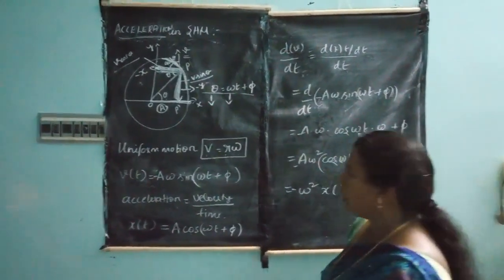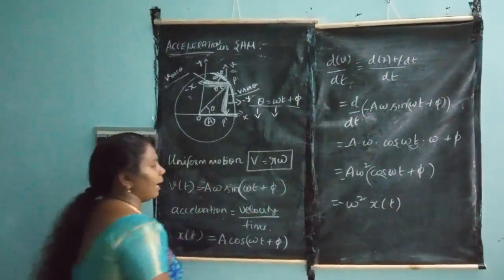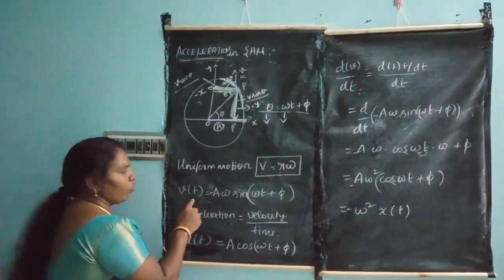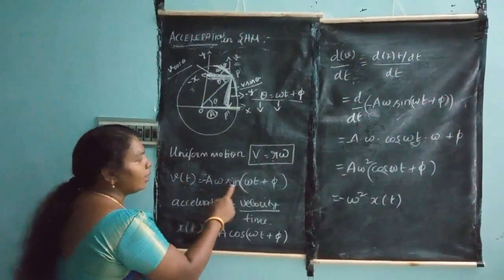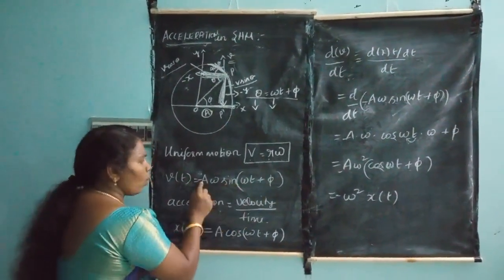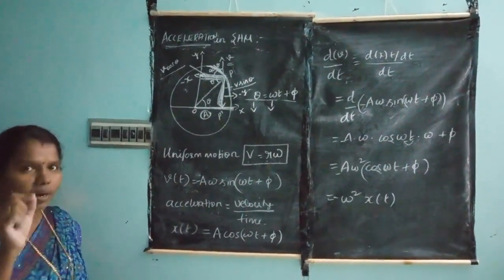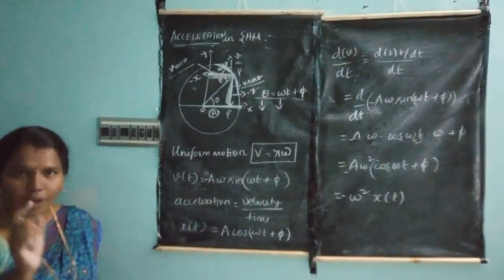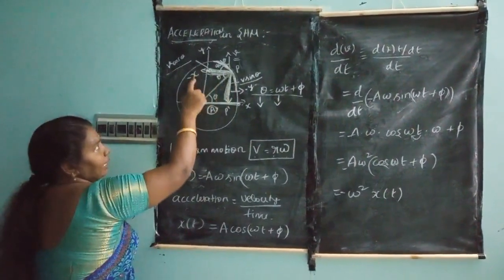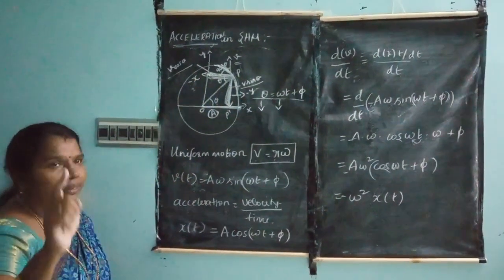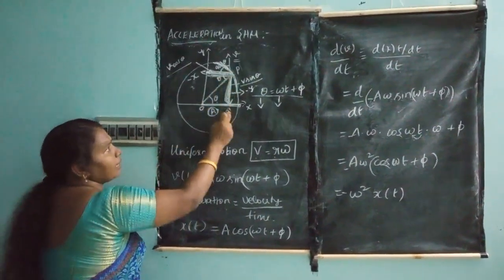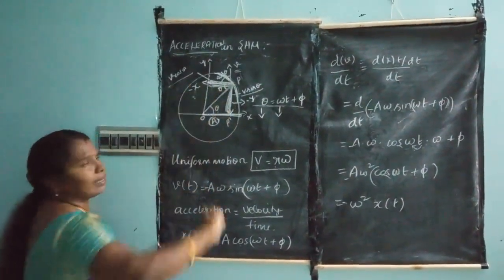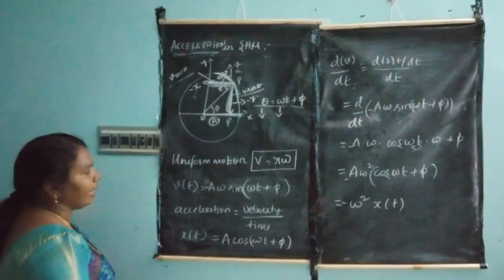Can you understand? See, first of all, what is the velocity? You got it in equation 14.9. Velocity is equal to minus a omega sin(omega t plus phi). Why am I denoting minus? Because you are taking the particle moving along the negative x-axis. You can raise the question again and again. I denote negative because I am taking the particle projected along the negative x-axis, so the velocity component is taken as negative.